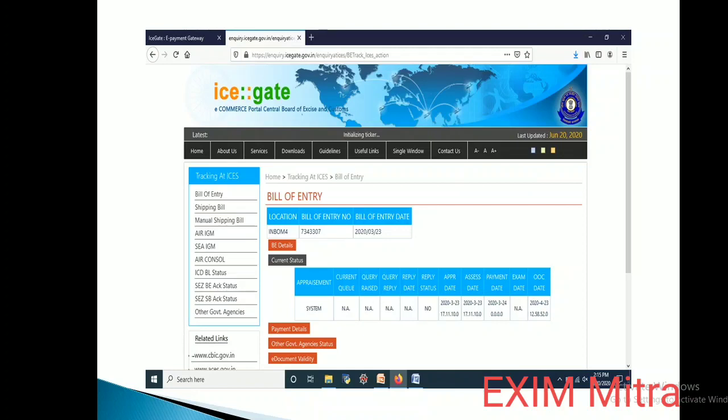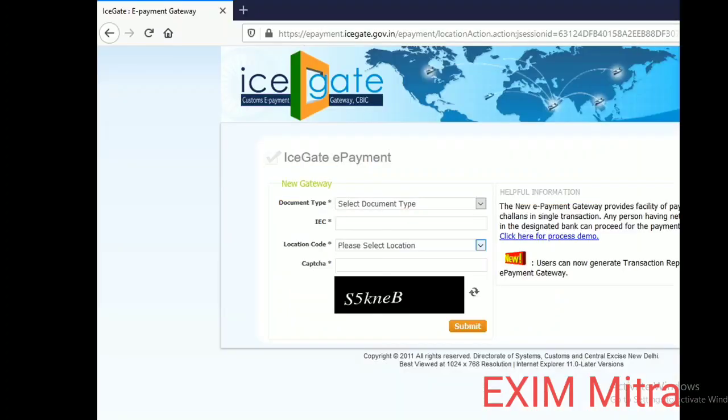For payment of duty, you have to go to this portal. In this portal, you select the type of document, bill of entry, then you enter the IEC code, and when you click submit, you will see all the unpaid challans for a particular IEC code. For a particular challan, when you click pay, it will connect to your internet banking. So all duty payments are now done through online banking. So after duty payment, the goods are out of charge, and that is the end of the import procedures.